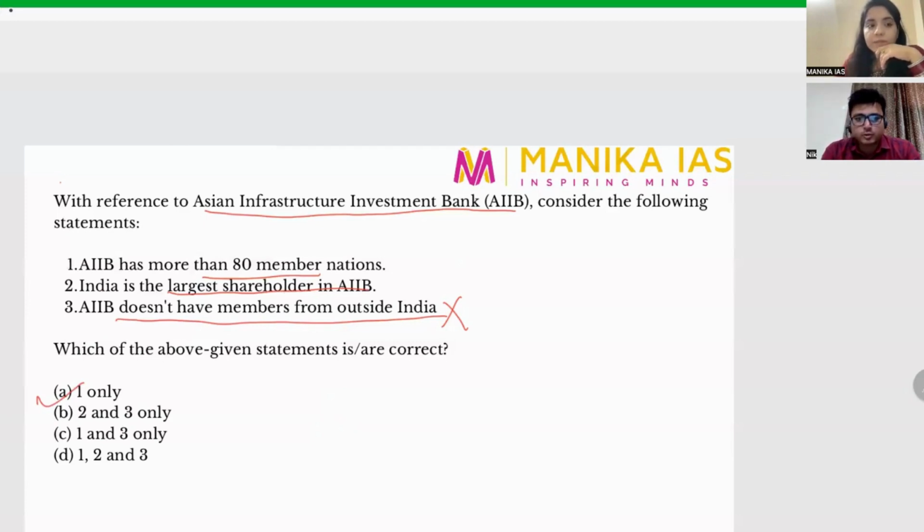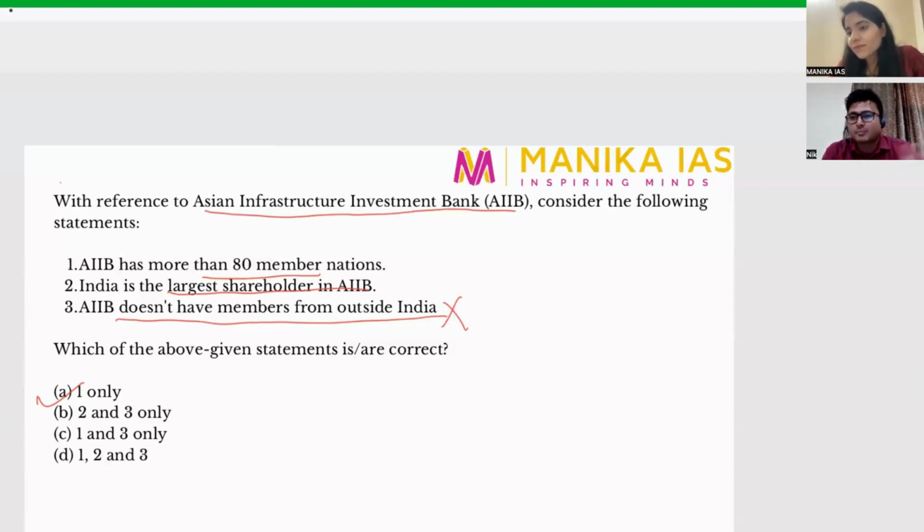Yes, sir. Also, I want to add that the second statement says that India is the largest shareholder of AIIB. If you just see that the headquarters of AIIB is in China, right? Obviously, we are very nationalistic people. We want India to be the largest contributor, right? We saw in the IMF crisis, the 1991 crisis, that India was actually a borrower from the IMF. We were getting money from the IMF, but in today's scenario, the situation has changed drastically. Today, we are giving money to the IMF to help other countries, right? We also helped Sri Lanka, but